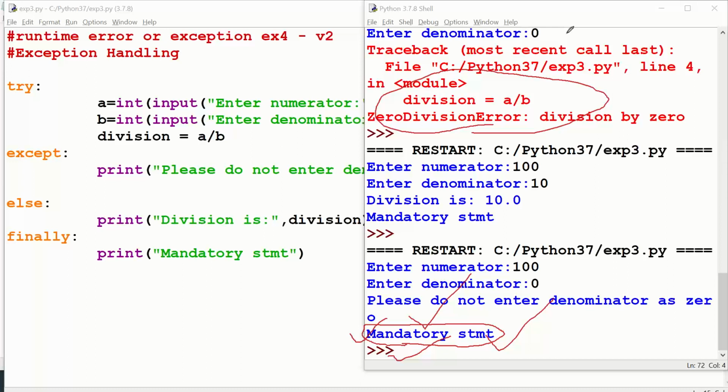Okay, so you have understood, right? Basically, exception handling means this is what the exception handling concept, nothing great. These are the four keywords which we have to use and enclose our code in these four keywords. See, we are handling it. We are training our interpreter. Hey, interpreter, don't jump. I will help you send acknowledgements to the end user that he has entered the wrong logic. So please tell him not to enter the denominator as 0. Then you continue the execution of your further lines.